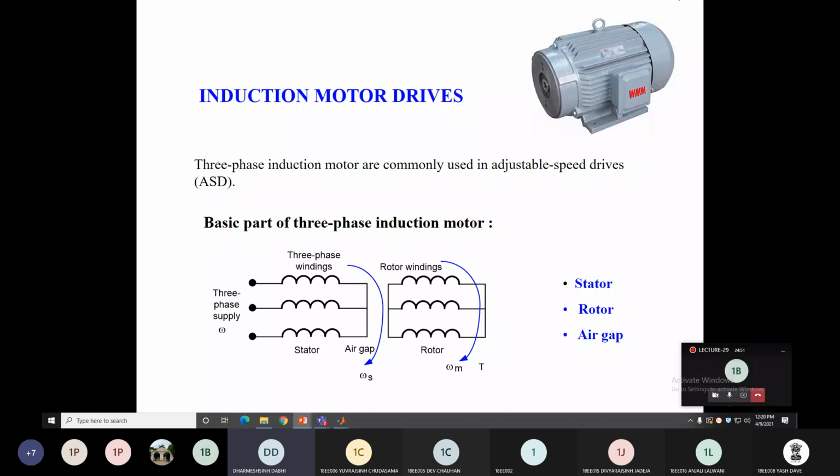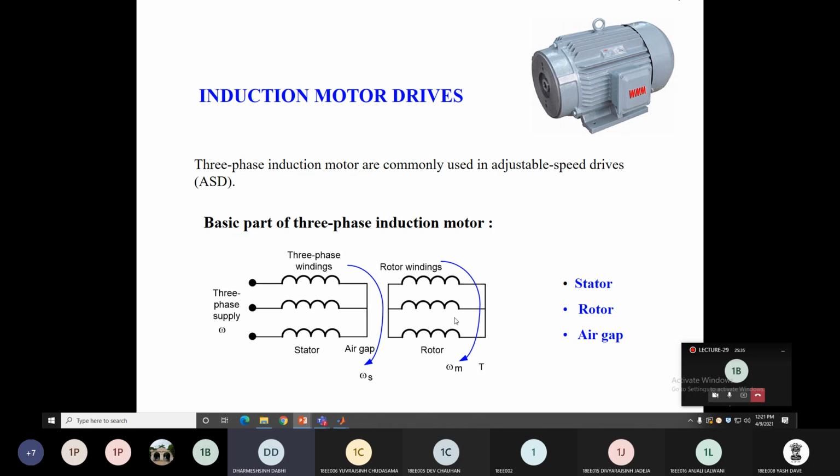I know all of you know the induction motor basic components and how it works. So basically there are three parts in the three-phase induction motor. First is the three-phase stator winding. Second is the air gap between stator and rotor. If it is a squirrel cage induction motor, then there is an aluminum or copper bar in the rotor that is short circuited by two end rings at both ends. And if it is a wound rotor, then it has a three-phase winding like the stator winding. So there are three parts: stator, rotor and air gap in the three-phase induction motor.